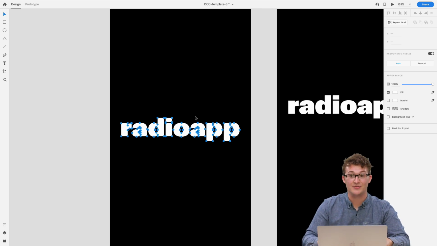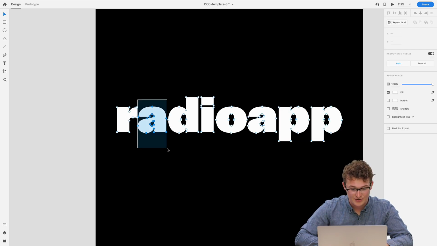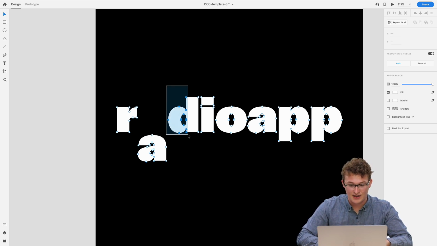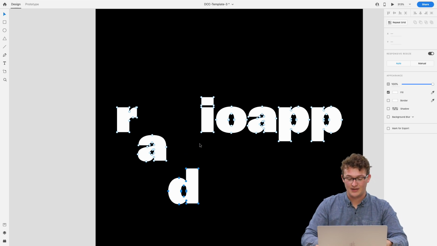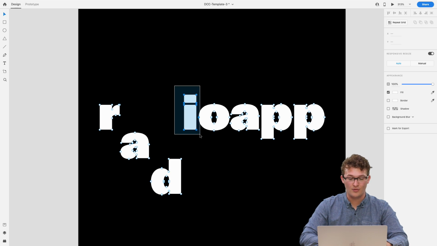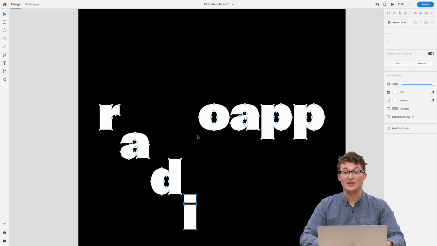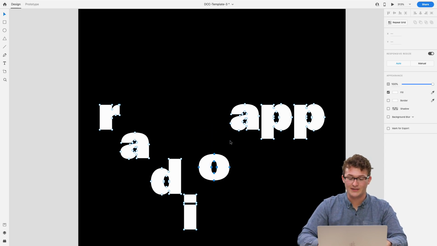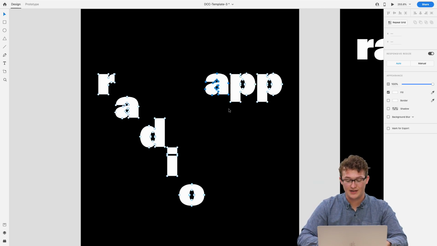I'm holding Shift and then doing the down arrow key to move by increments of 10. And then with each one in here, I'm going to select all the different points of each letter, and I'm moving them down, I'm staggering them. This way, when XD says, oh, let's find all of the common points between these two artboards, it's actually moving some letters and they move in sooner than other letters, which is just a neat effect if you saw that when I was